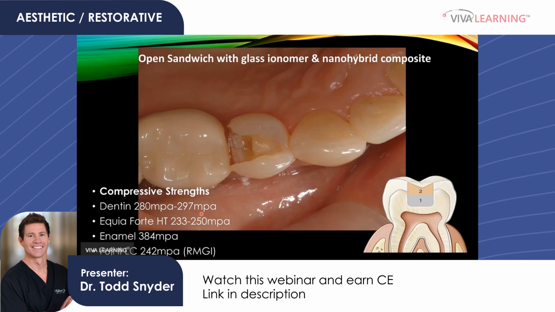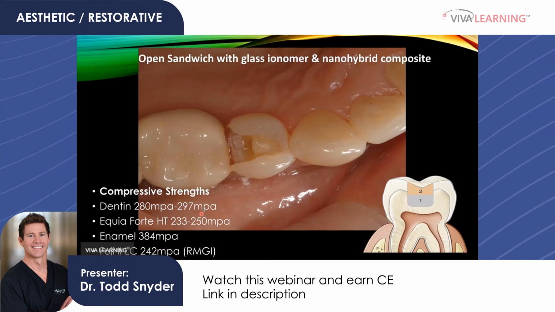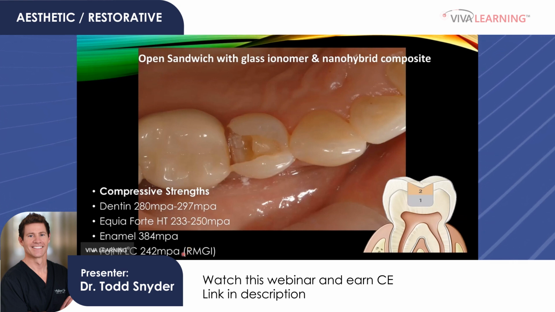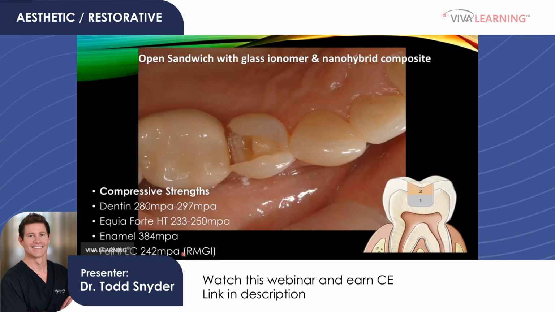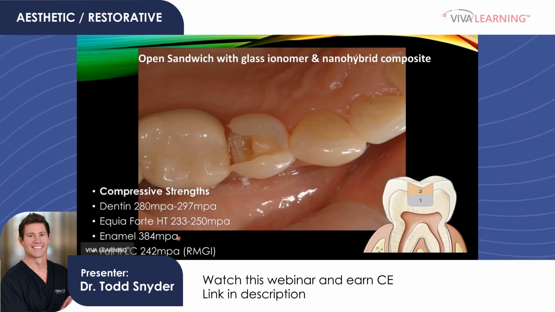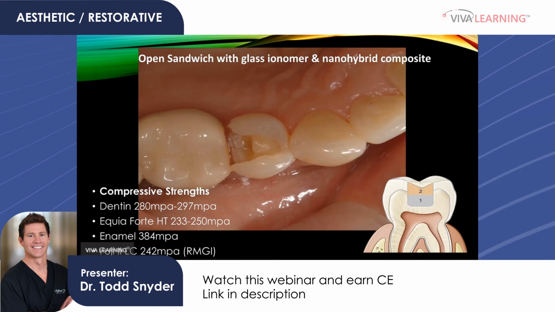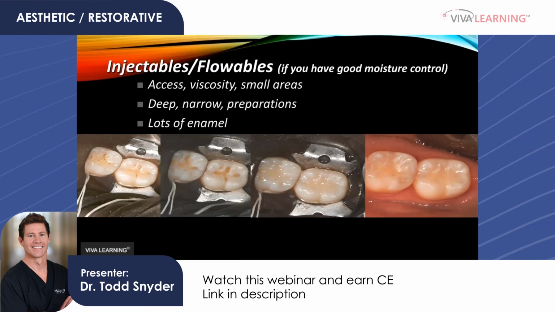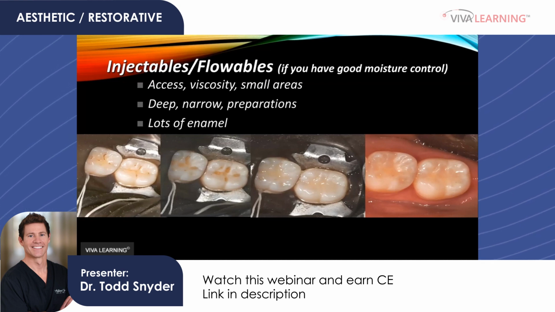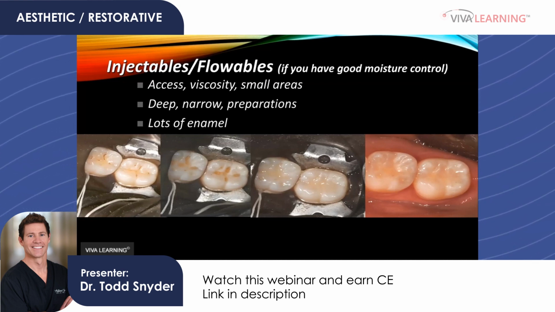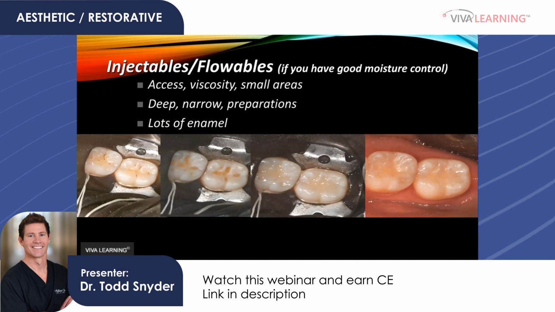Conventional glass ionomer is very similar as compared to a resin modified glass ionomer, which is potentially a little bit lower, and enamel being higher. So maybe not the best for an enamel replacement in some cases, but definitely a good product for the dentin. For minimally invasive dentistry such as this, placing runny enough materials that get into these little holes is something like flowable